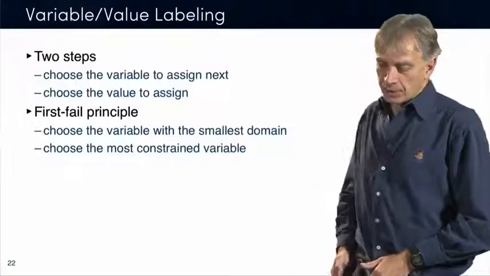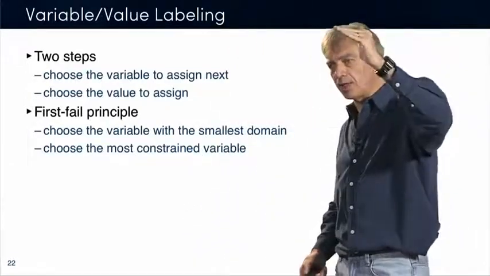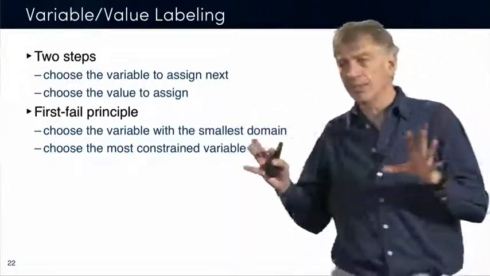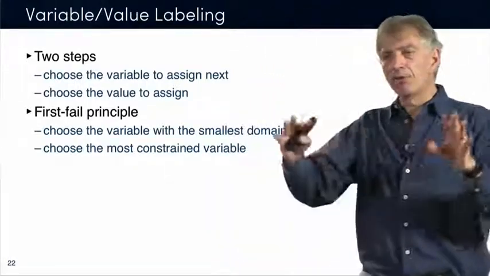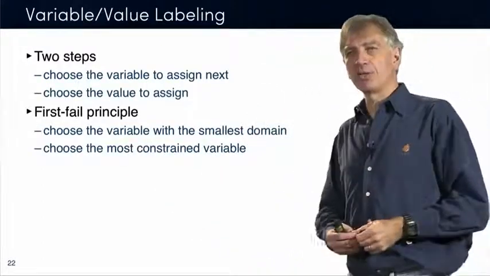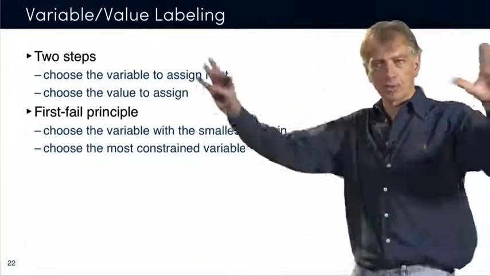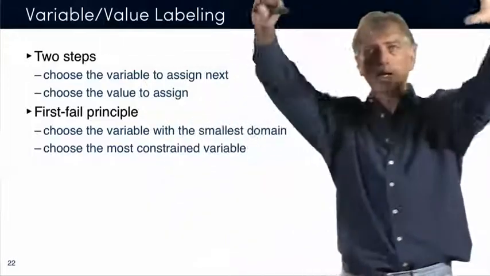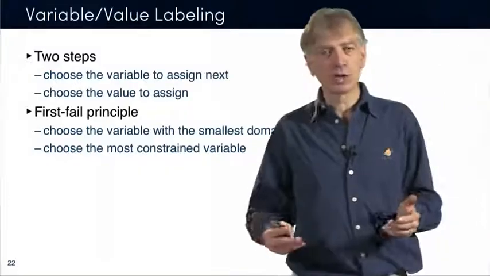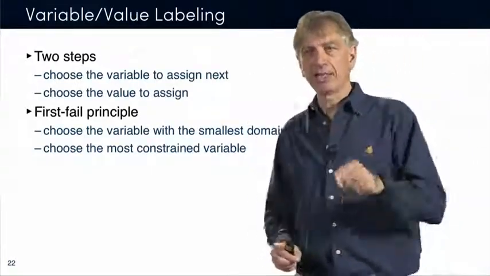Okay? So essentially what we have seen is two steps. First step is choosing the variable, and typically the variable which has the smallest domain. That's the first-fail principle. Now at any point in time, you may have several variables which have the smallest domain. Which one do you choose? Okay? One of the good principles that you can try to apply is choose the one which is the most constrained. Remember the graph coloring at the beginning, all the countries have exactly the same possible colors. Okay? Which one did we choose? We chose a country which was connected to many other ones. It was very constrained. That's what we can do.